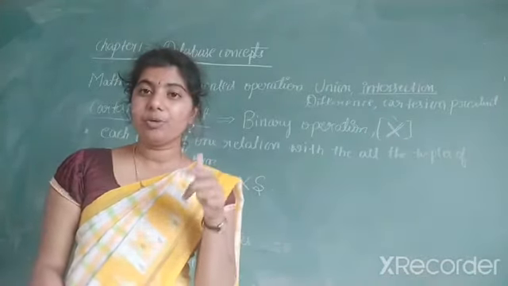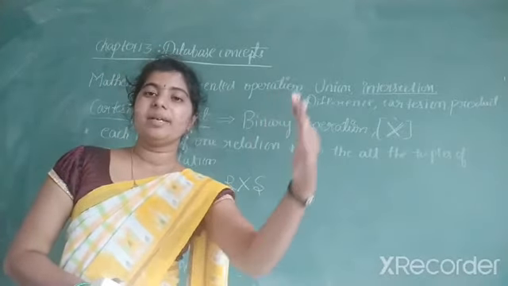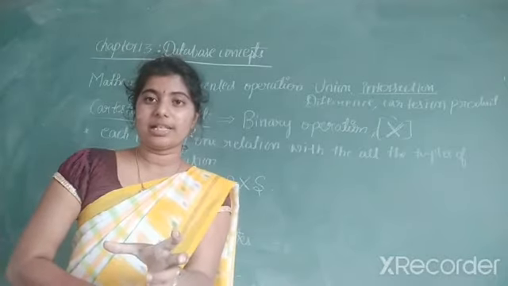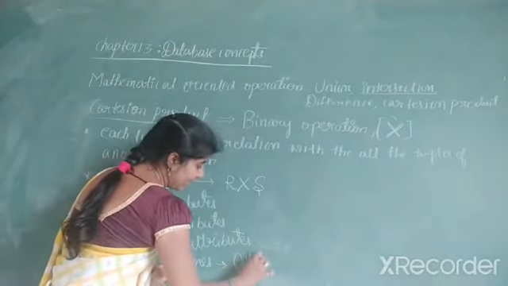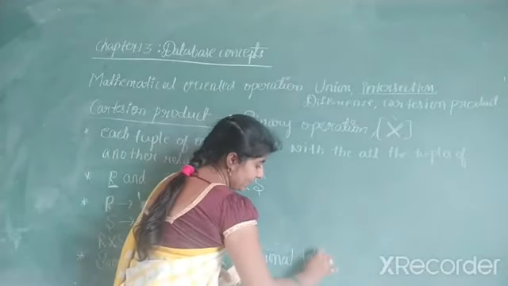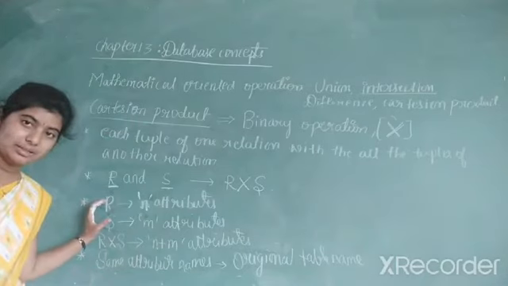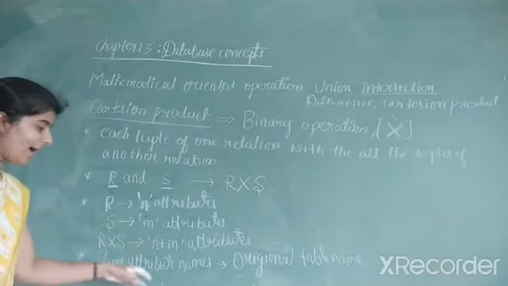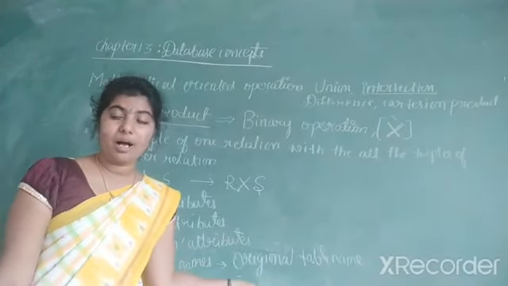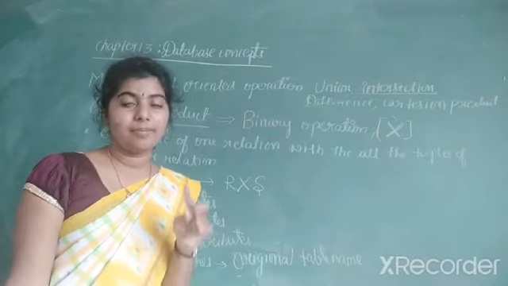When it is having the same attribute name, to provide the uniqueness, we have to show it as different, show it as unique. That means one JID, meaning Job ID, belongs to the R table, and one JID belongs to the S table. To show that they are attributes of different tables, you have to prefix the original table name. You have to write the original table name before that attribute name. So you have to prefix the attribute name with the original table name. Clear? If the two relations have the same attribute names, then to provide the uniqueness among them, we have to prefix the attributes with the original table name.